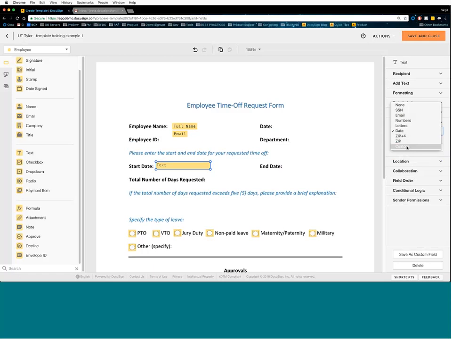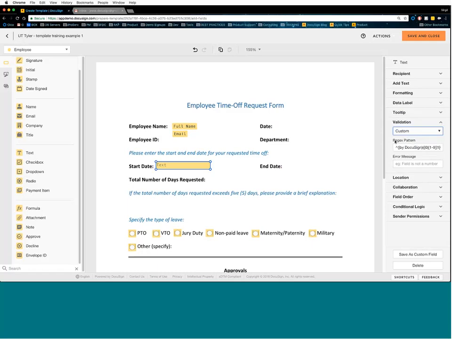So something cool that you might want to talk with your admins about if you're not familiar with this is you can click on custom, and we do have the option for a regex pattern. A regex pattern stands for regular expression, but you can see here how it almost looks like an Excel formula. It's slightly different though, but what this regex pattern is specifying is the format and what characters are allowed in certain spots. If we want the forward slashes after the first two numbers, things like that. It's enforcing a very strict